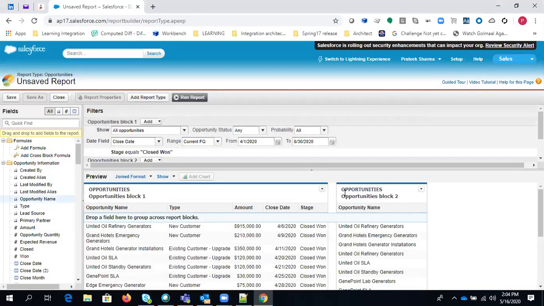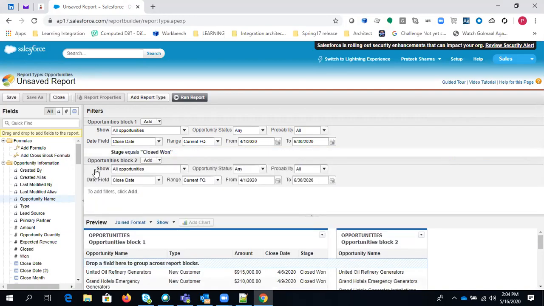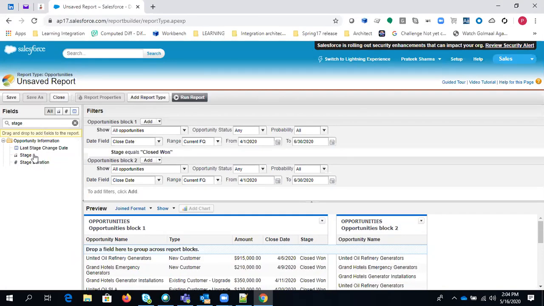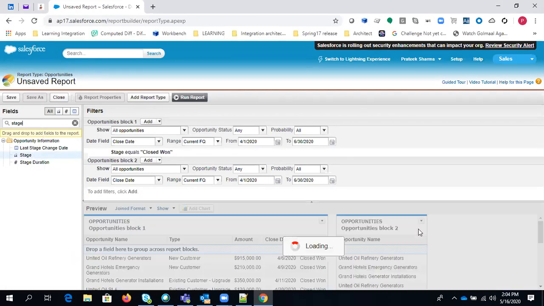As soon as you drag and drop the field in the second section, it will give you another opportunity block. As soon as a new block is created, it will also add a filter block here as well. So you can also filter your second block here. Let's say if you want the stage field as well, you can add the stage field in this block.